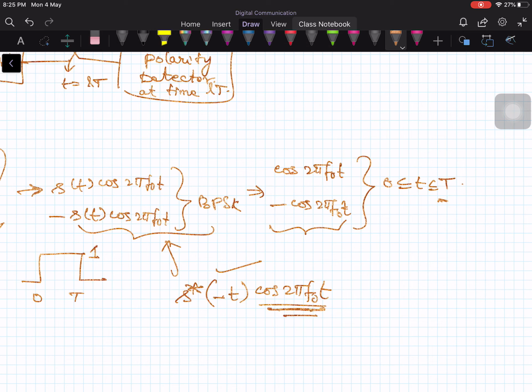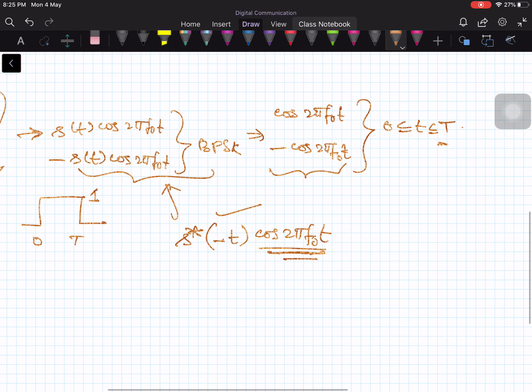Then we can talk about the phase shift only when you have a carrier. Without a carrier, it is meaningless to talk about the phase shift. So whenever you want to talk about the phase shift, the signal should have the carrier. So there is a 180 degree phase shift here. One is plus and another one is minus. These are the two signals we are transmitting here. So we just said it is an antipodal signal. This is an example of an antipodal signal.